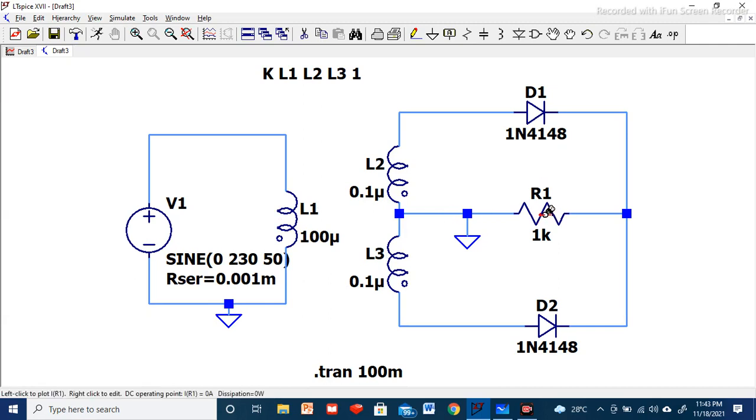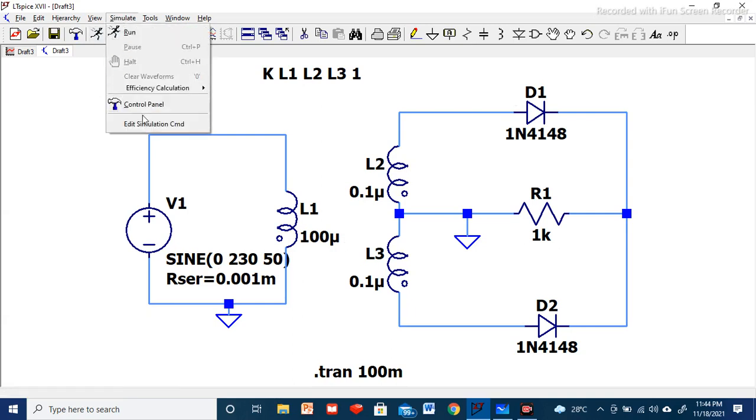After this, we'll select the resistor R from here and we'll place it here and define the value of R1 as 1K. Then we'll select one ground and we'll attach it here. And all these connections you can join using these wires. Once we have connected all the circuits properly, then we will go to the simulate option.